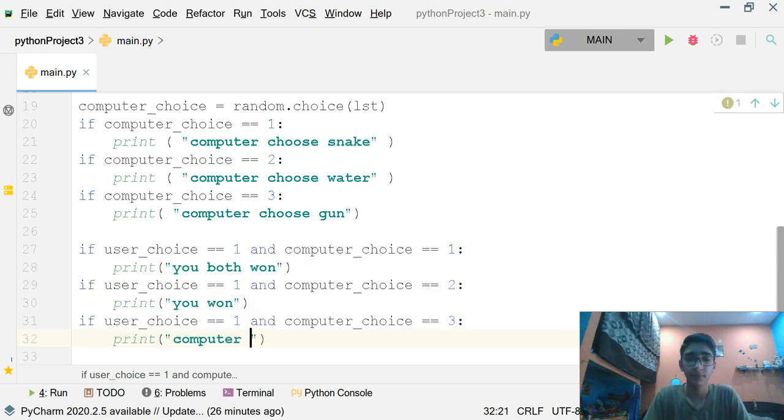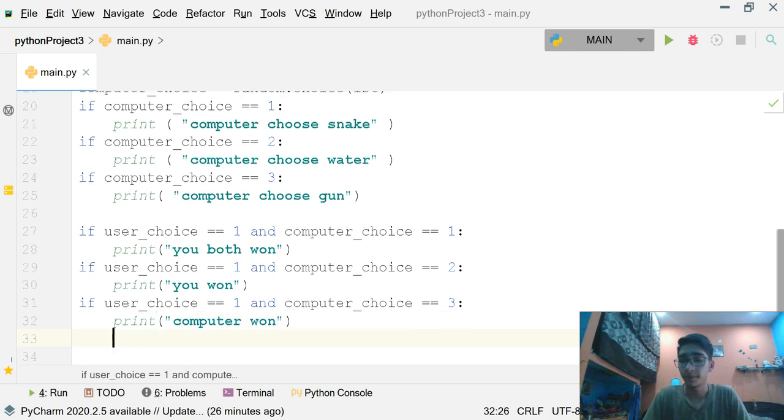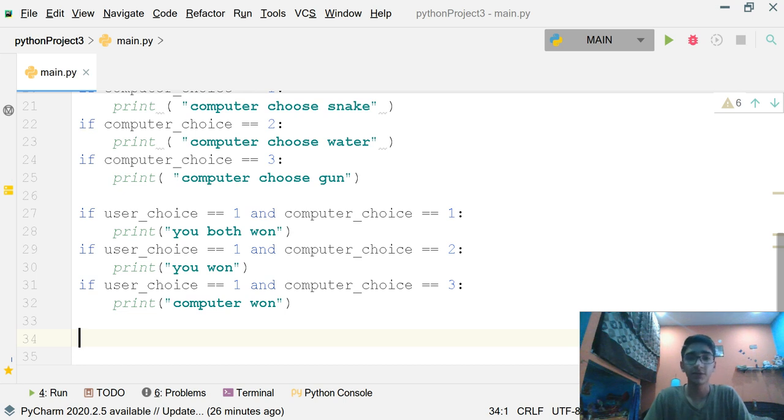And now we are going to write another set for the user choice. You see that user choice is 1 here. Now we will be writing code for the user choice which will be 2.